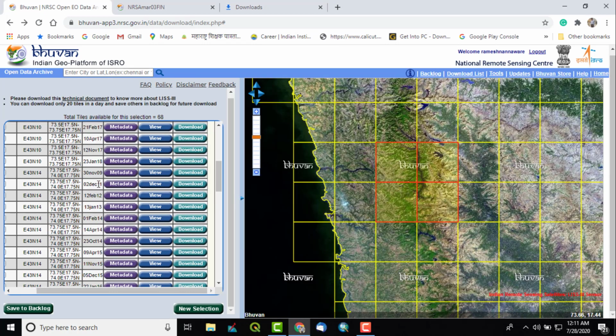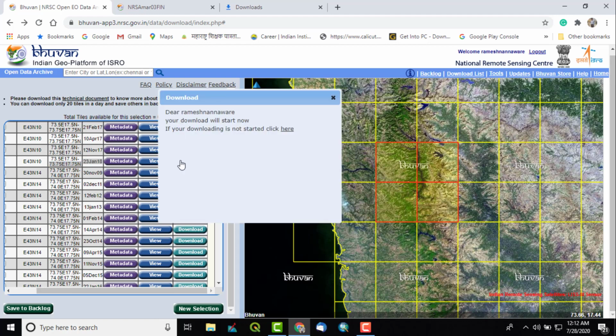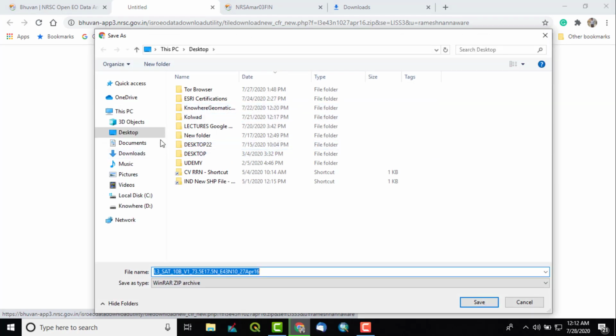There was some error, so that's why I stopped it. Now suppose I want to download this particular tile, so I will simply click on download. But keep in mind we should have logged in to our account. If download doesn't start, you can click here, so that it will ask us the path at which you want to save the images.